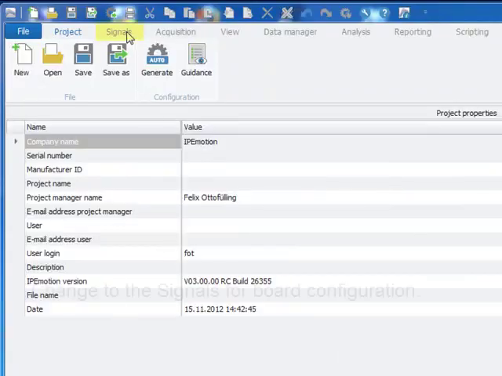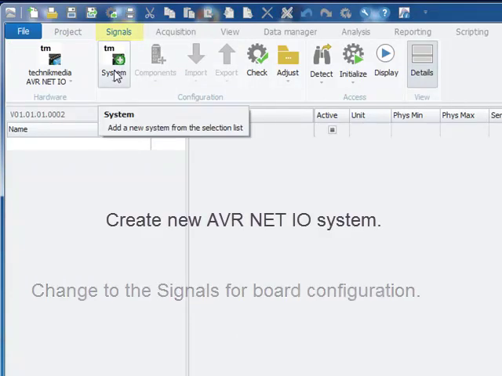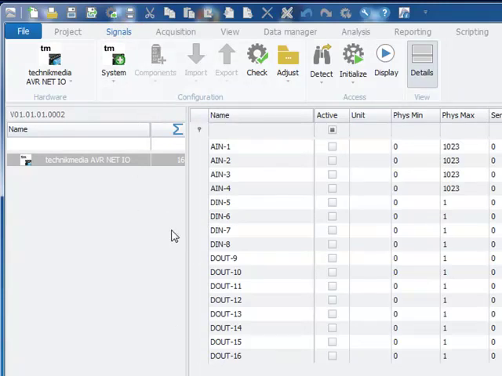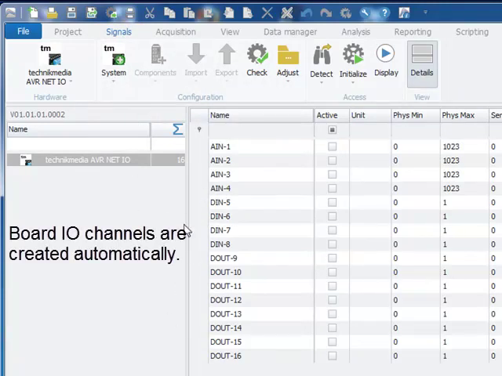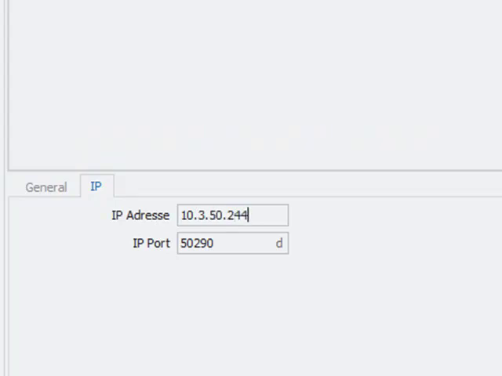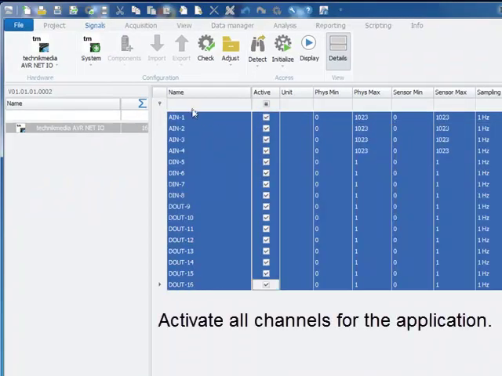I'm now changing to the signals work area to configure the board. In the first step, I create a new system. And all I/O channels of the board are created on the right-hand side. I select now the device in order to configure the IP address, which was changed to this one with the terminal program. In the next step, I will activate all the channels of the board so that we can build